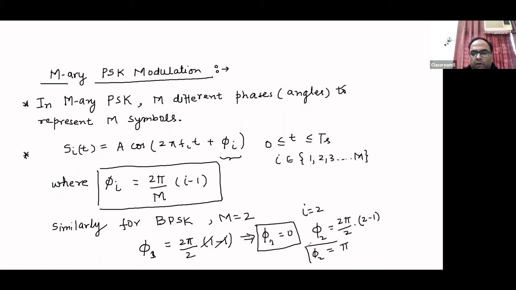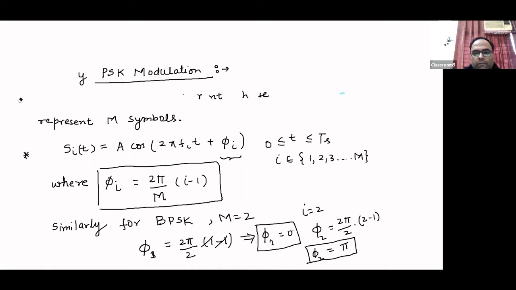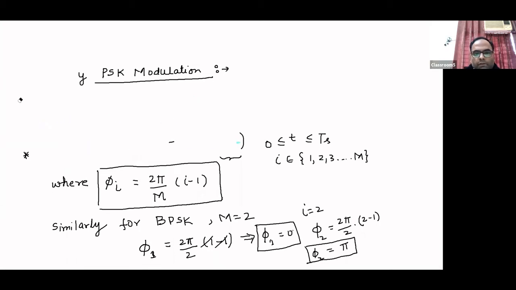This we were saying when we were talking about binary phase shift keying. In binary communication, the possibility is that you will have either angle phi 1 or angle phi 2. Phi 1 can be 0 degrees and phi 2 can be 180 degrees or pi, right? So this was binary phase shift keying. Similarly, you can find these angles for any value of M. So for example, let us calculate all the four angles for M equal to 4.